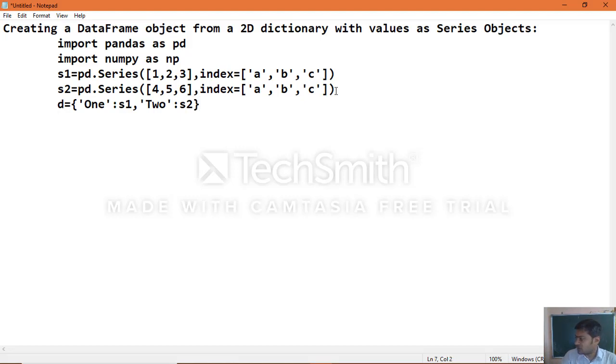Now create the data frame object, df equal to pd dot DataFrame of d. When you pass it, you can print the object, print df. Then you will see the output.